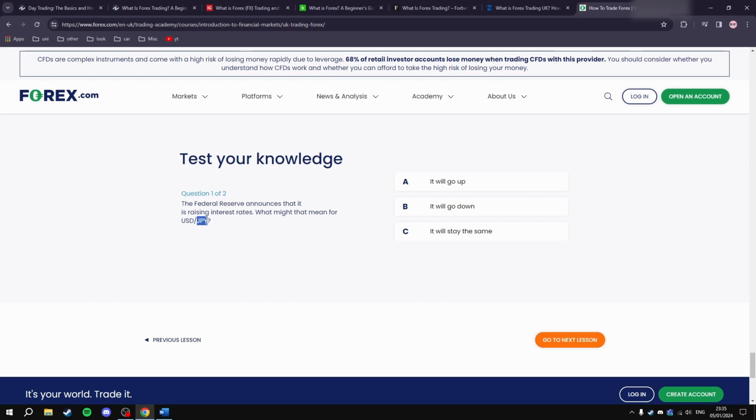If the economic health is pretty good, it is raising interest rates. If the interest rate goes up,